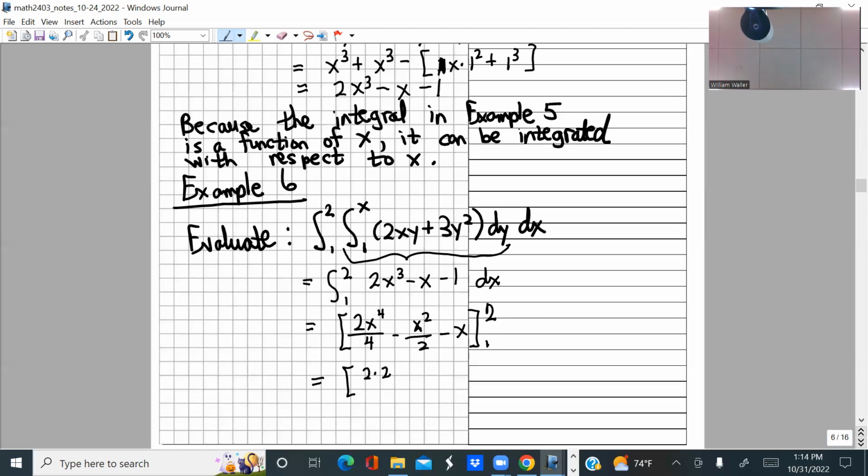That's 2 times 2 to the fourth power over 4 minus 2 squared over 2 minus 2. Minus, and then 2 times 1 to the fourth power over 4, minus 1 squared over 2 minus a